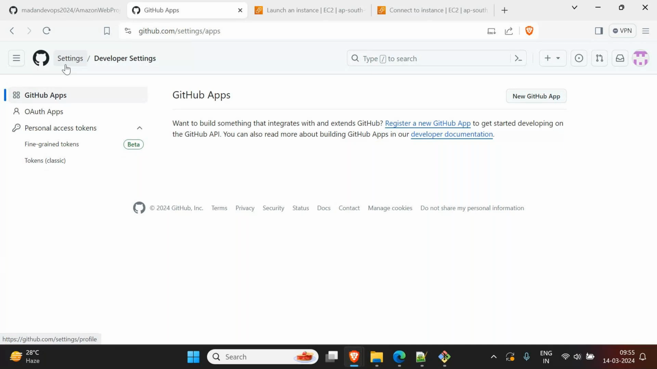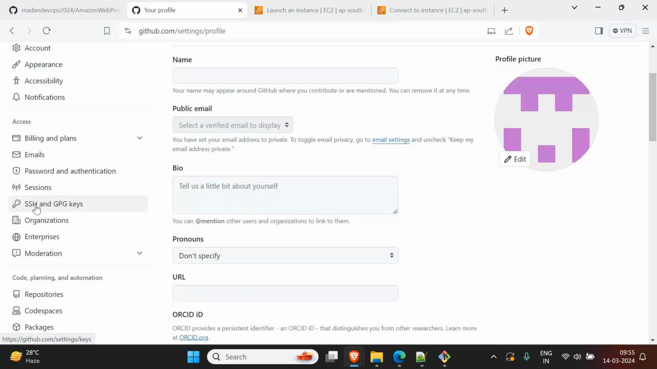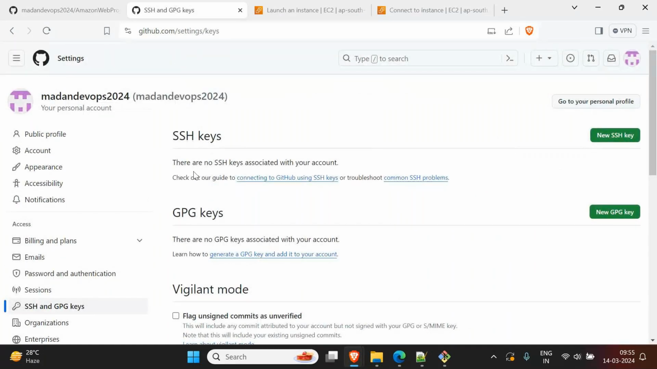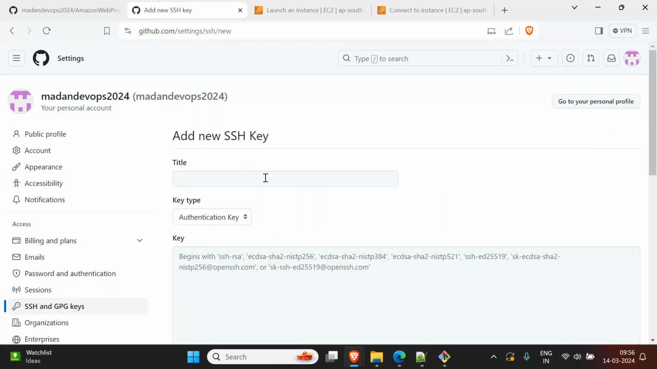Okay, click on settings here on top. Go back and click on SSH and GPG keys. Click on it. Now here under SSH keys, there are no SSH keys associated with your account, right? So what I will do is click on new SSH key. Here you can give any title. I will give some nice name, Amazon project key,